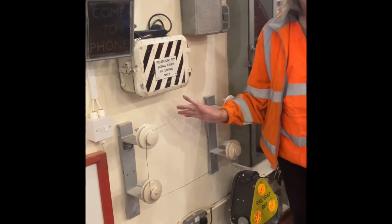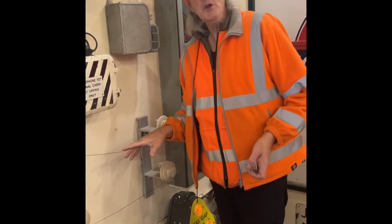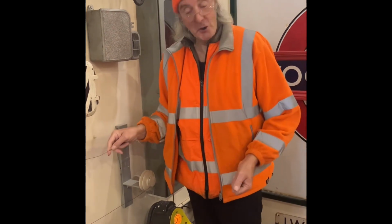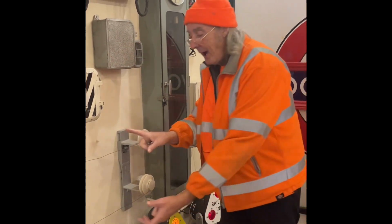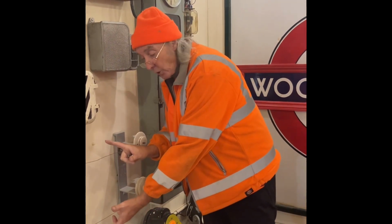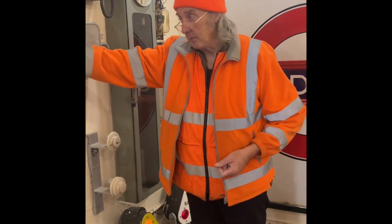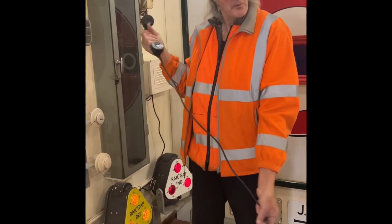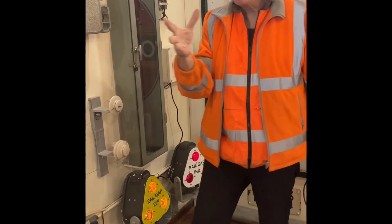Are they emergency brakes? When you pull it, it breaks the system. They're at the side of every inch of tunnel, they were, on the tube. And the insulators were further apart, which allowed you a bit of flexibility and you could pinch the two together. They had another function as well. It's a telephone. So the scenario is, right, you're driving your tube train, and all of a